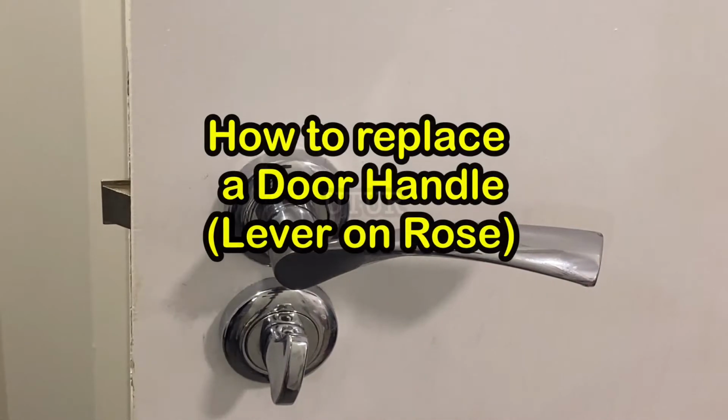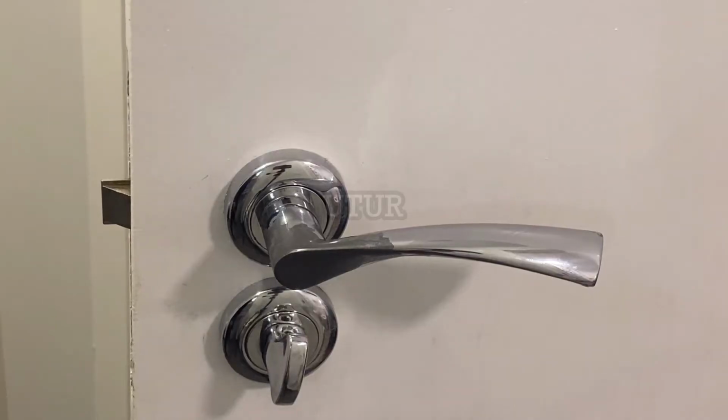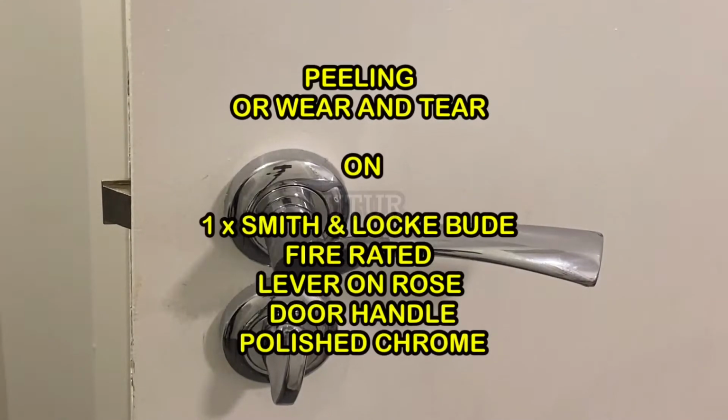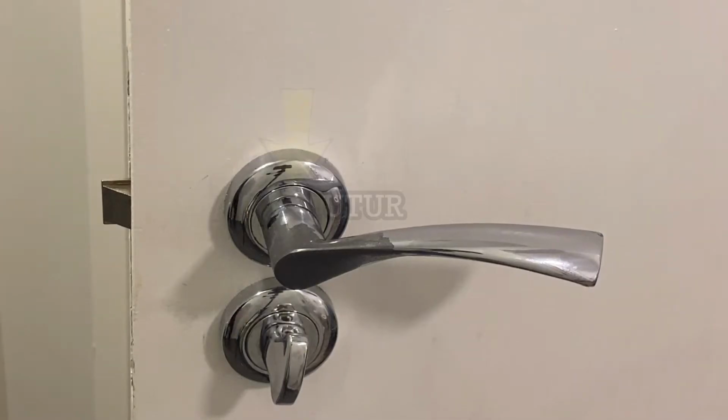One handle on the lever on rose door handle pair has got its polished chrome peeling off. And I will be switching it around, from a spare whose polished chrome isn't defective. The peeling or mechanical wear and tear on the polished chrome may have been caused by heavy traction in the bathroom through turning the handle erratically, and with a lot of steam in the bathroom, this could happen as